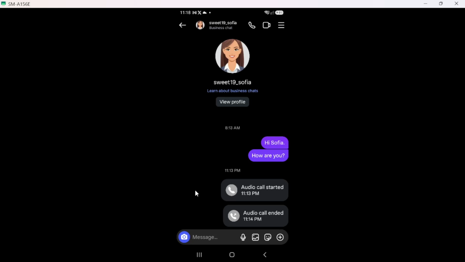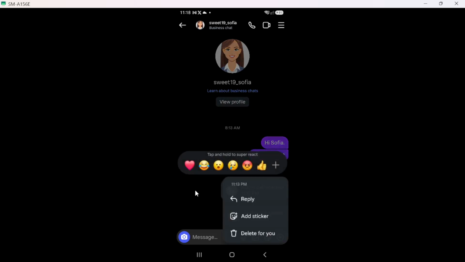Once you have located the call entry, press and hold that entry. Holding down on the call entry will bring up options for managing that specific message. This action makes it easy to access the deletion options without navigating through multiple menus. It's a simple but effective way to streamline the process. After a brief moment, you should see a menu appear, allowing you to select the action you want to take. This step is important because it gives you control over what happens next.